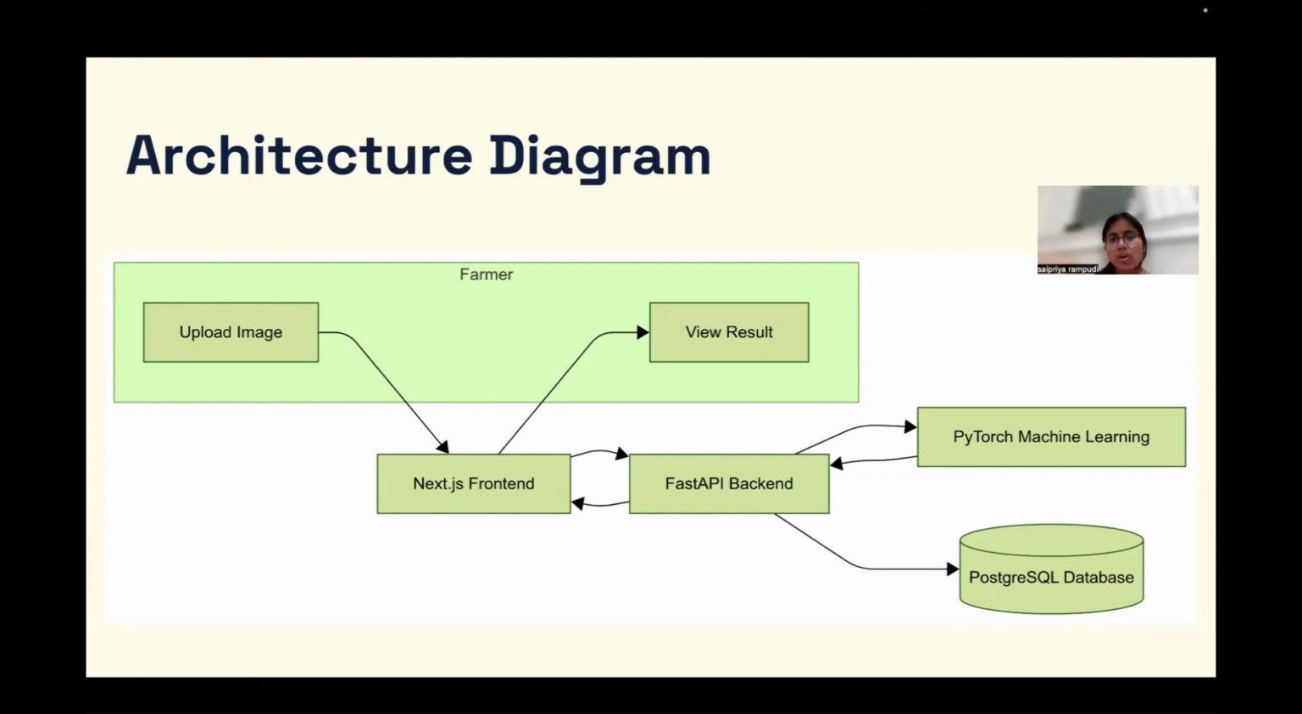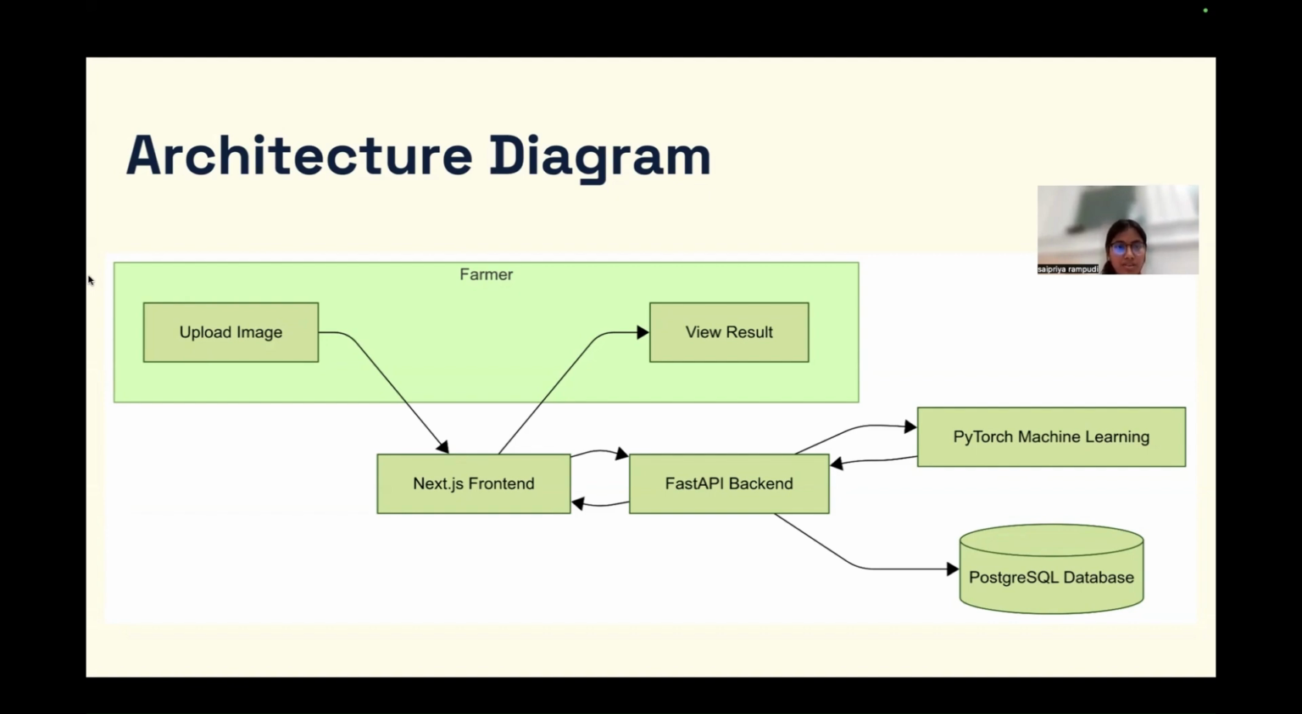The architecture diagram outlines the fundamental structure of the Pythora system, detailing the interactions between various components as we see in the image. The process begins with the farmer who uploads an image through the Next.js frontend. This request is sent to the FastAPI backend, which acts as the system's core processing unit. The backend forwards the image to a PyTorch-based machine learning model,